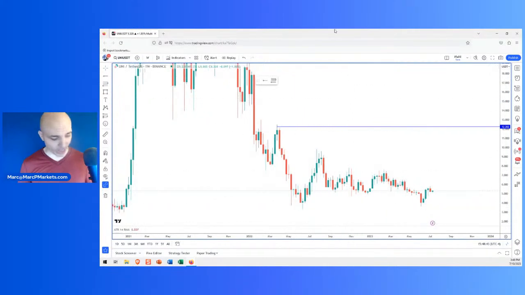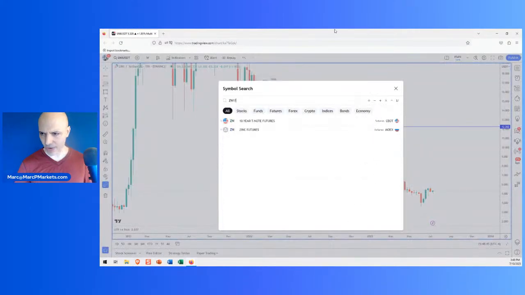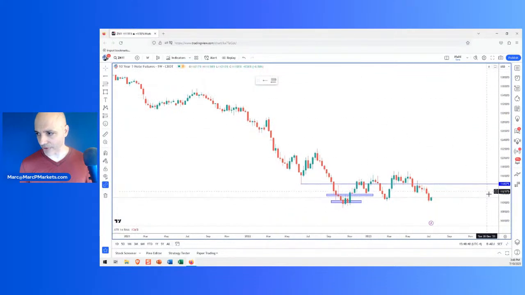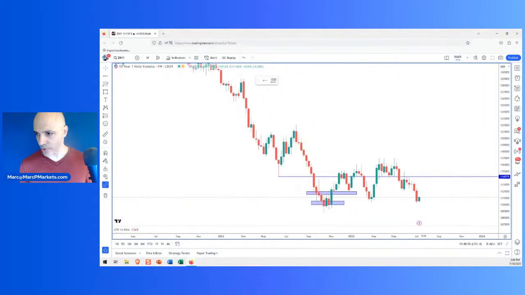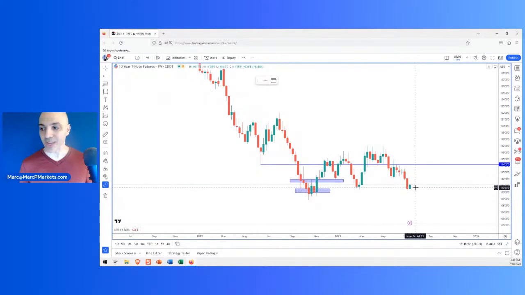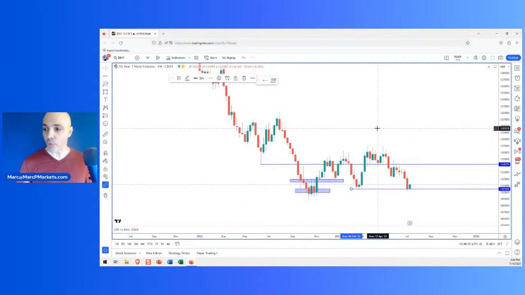In fact, real quick, let's just take a quick look at the rates. All right, this is where I'm monitoring, right? The 10-year note. Look at this. So you can say, oh, the green candle today. Well, the week just started, so this doesn't mean anything. This is a weekly chart of the 10-year note. We're sitting at a major support. That's an inside bar. If we close out the week like this, bonds move very slow, by the way. We close out the week looking like that, and we take out that low next week, that's a bearish sign for bond prices, which means rates are still on their way higher.